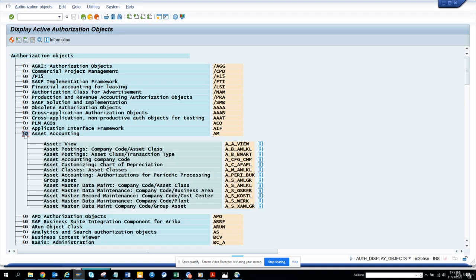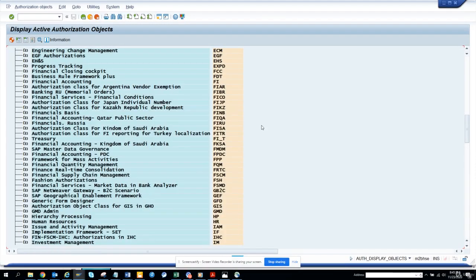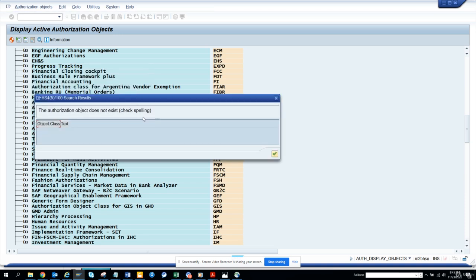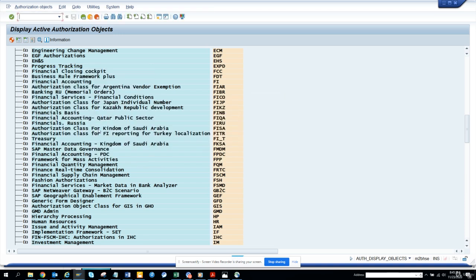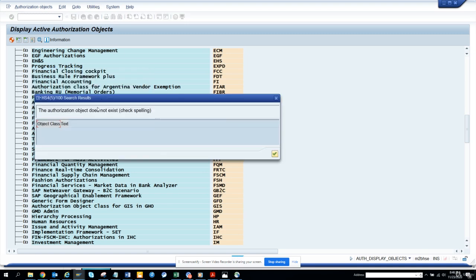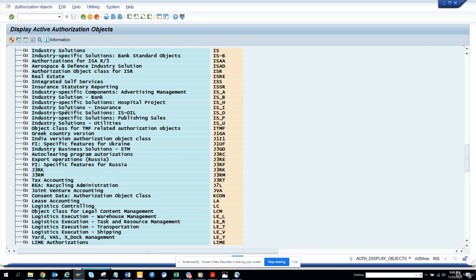So if you want asset accounting, here are the different authorization objects that you have. Now there will be other things, so let's check something related with purchasing. So we can do a search here and we can do purchase. If I do a search on purchase, oops, the search is not so good, I think. Well, I'll just do authorization. Oh, okay, so it's doing a search on authorization object. So what I can do is let's go here and scroll down,